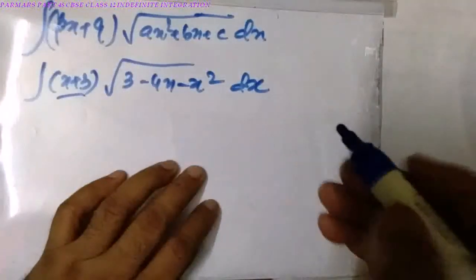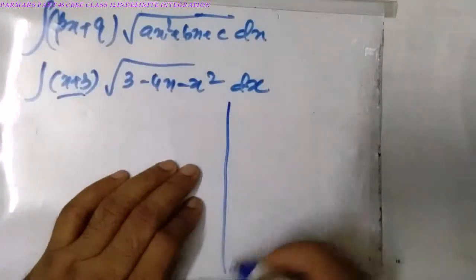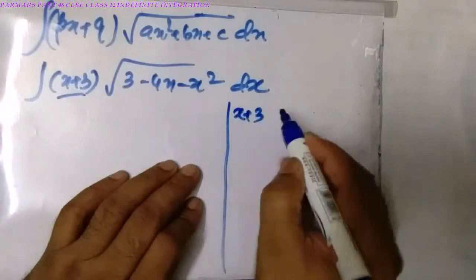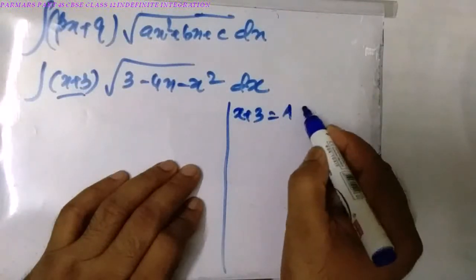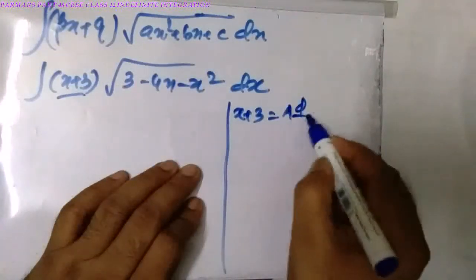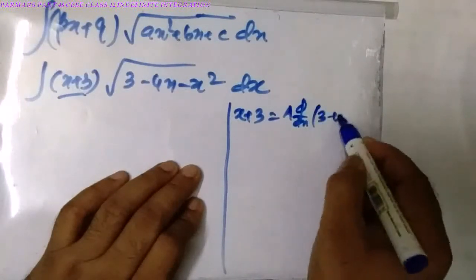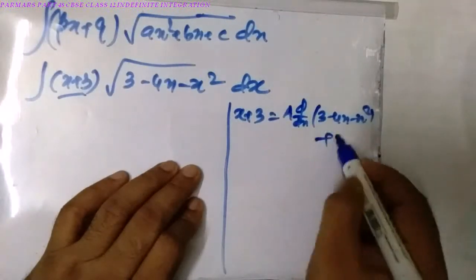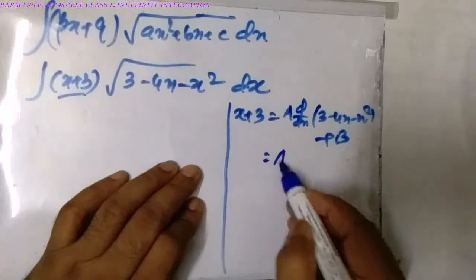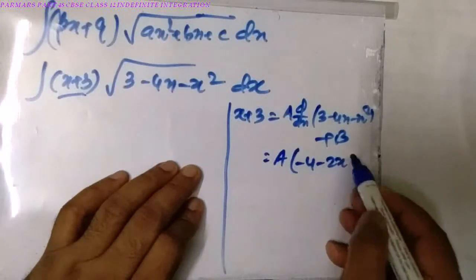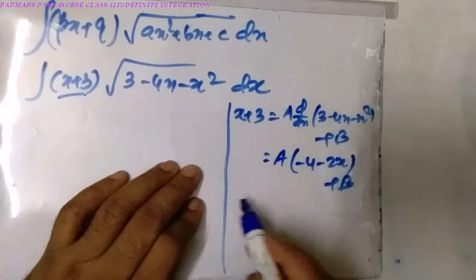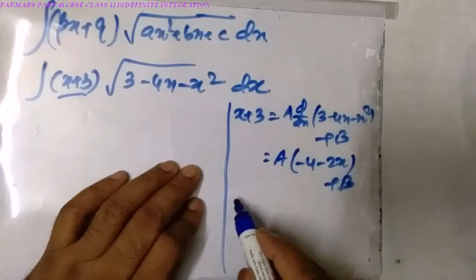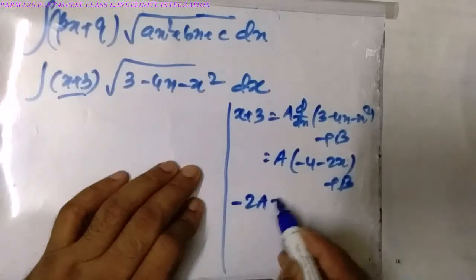So उसमें बताया गया कि आप क्या करोगे कि इधर लो a into d/dx of, ये लो आप d/dx लिख देता हूँ मैं यहाँ पर 3 minus 4x minus x square, and plus b. So what do we get? a into minus 4 minus 2x plus b. सो x का कोएफिशिएंट दोनों तरफ कंपेयर करेंगे तो minus 2a is 1,